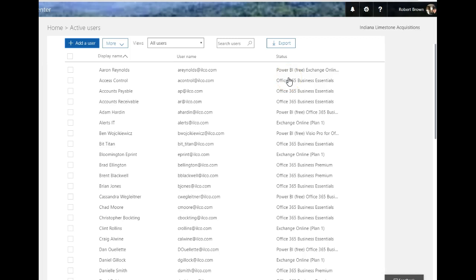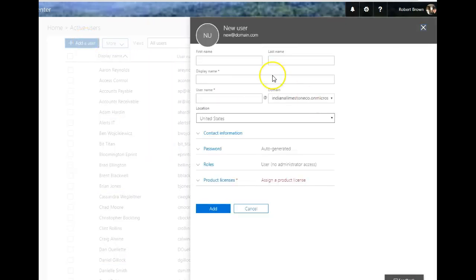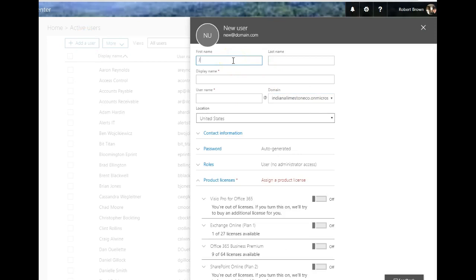very easy to manage. So here we have, and we're still in the Office 365 Admin Center, and you see all the users we have here. And if I want to add somebody, just click Add User, and we'll just pick